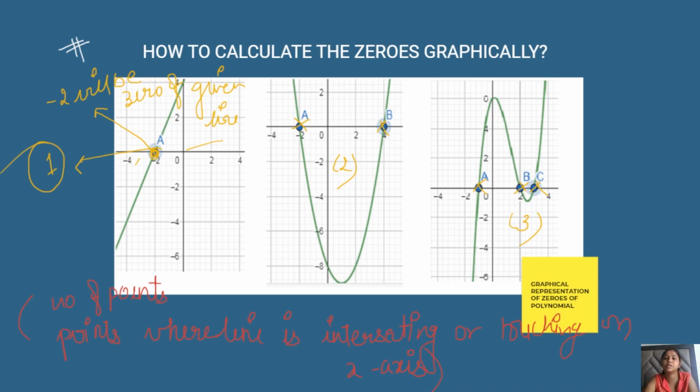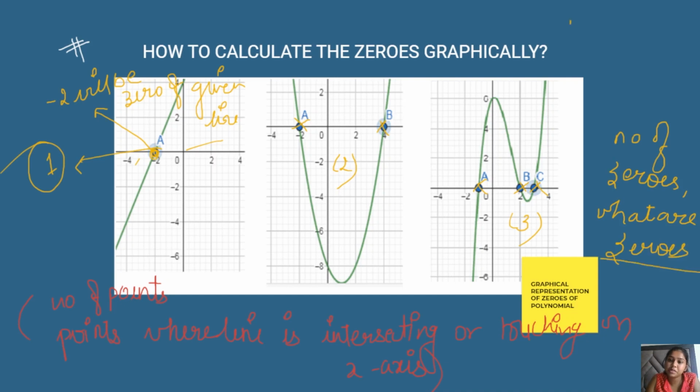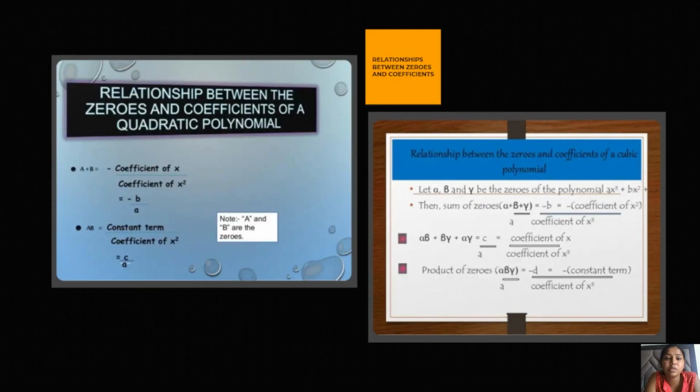You know that this was a very easy part, representing these zeros graphically. It can be done very easily, and I told you how you can find out the number of zeros as well as what the zeros are. This is very easy, but you have to make sure that the graph must touch the x-axis. This is only for the x-axis. It doesn't matter whether they are touching the y-axis or not, but it does matter that they are touching the x-axis, right?